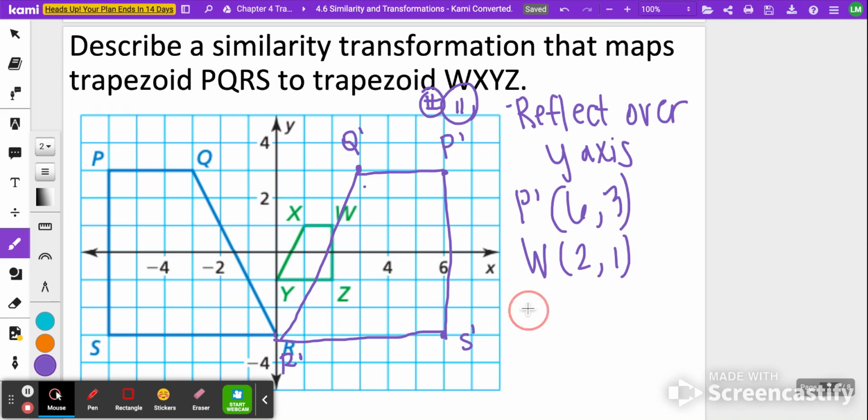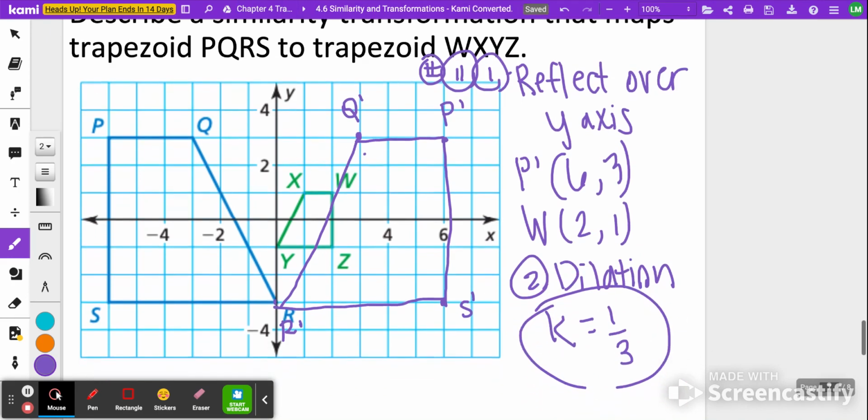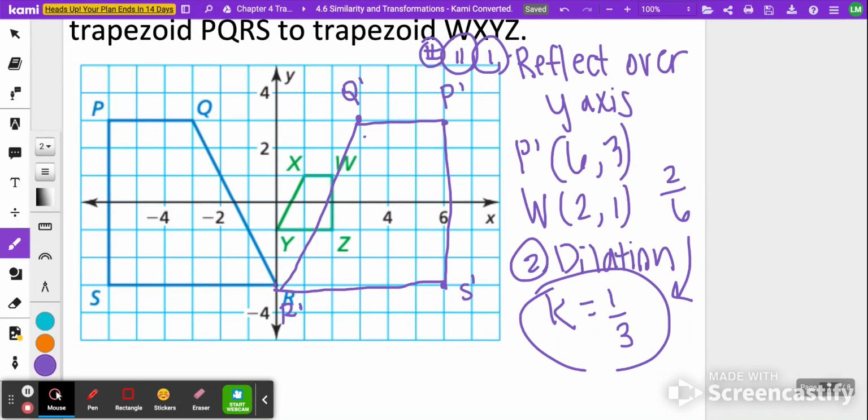So the second transformation that happened after the reflection was a dilation where k is equal to 1/3 because we're dividing by 3. So remember, you can also do that by finding the new shape, which would be 2, over the old shape, which would be 6. So 2/6 does reduce back to 1/3. That is going to conclude our examples for